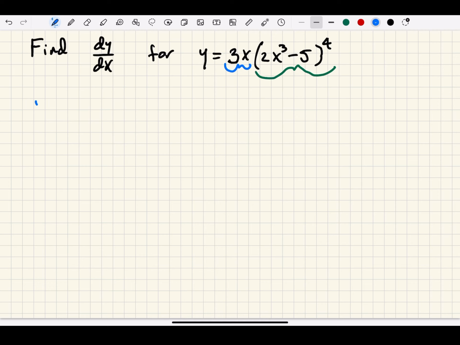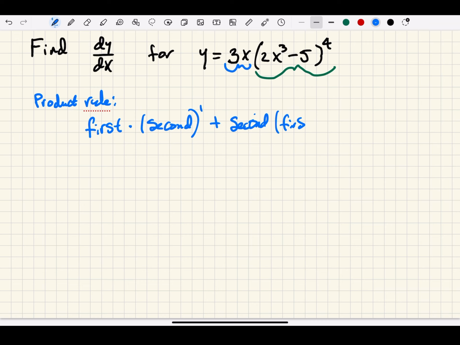So we will need to use the product rule, which basically says that we would multiply the first function times the derivative of the second function, and then add to that the second function times the derivative of the first